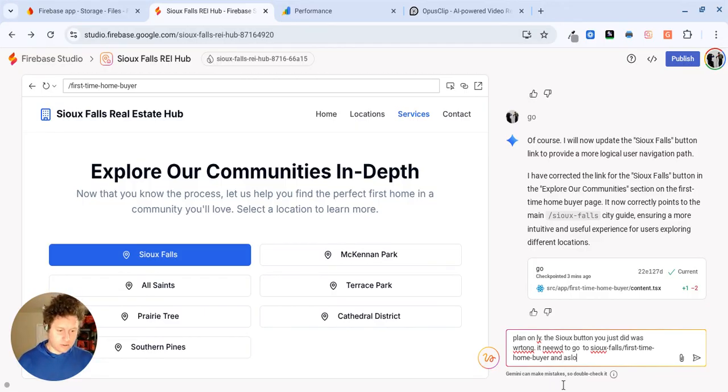And also on the, no, let's just do that for now. And make sure on the Sioux Falls page that on the first time homebuyer button it goes to